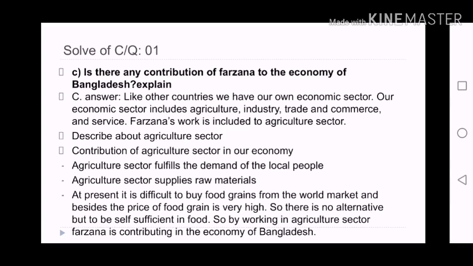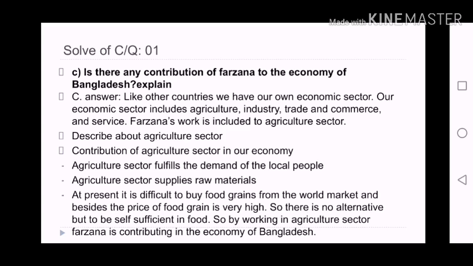So, for writing the answer, you have to give the introduction first, where you have to cover the knowledge-based idea as well. Let's see how you can write the answer of the question. You can start with an introduction in such a manner that, like other countries, we have our own economic sector. Our economic sector includes agriculture, industry, trade and commerce, and service. This will cover your knowledge-based idea about the